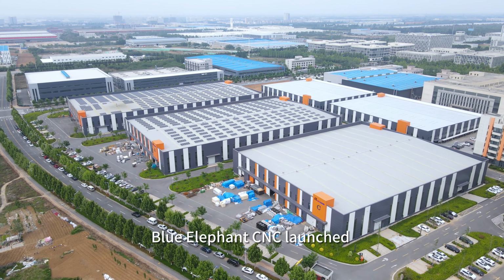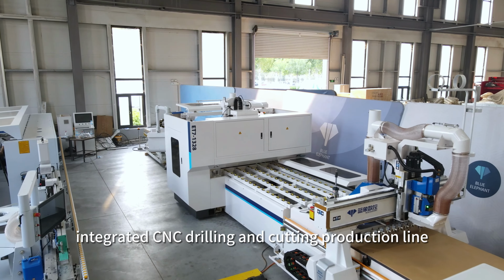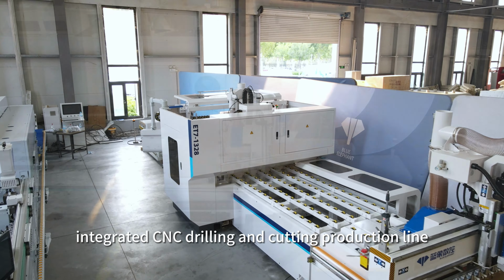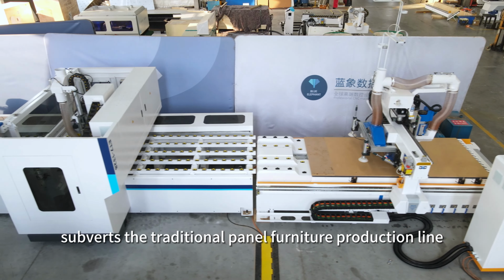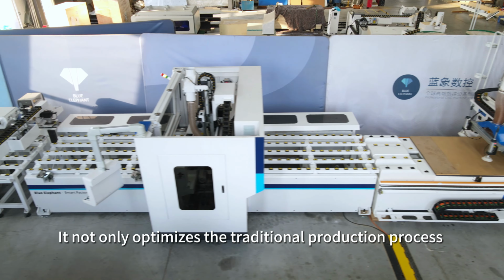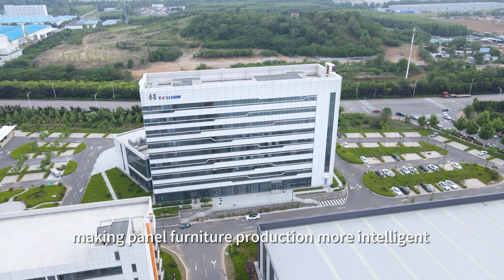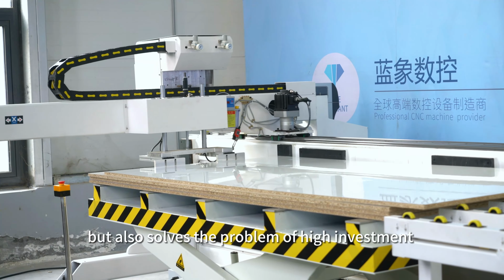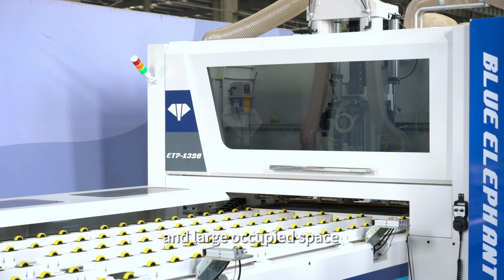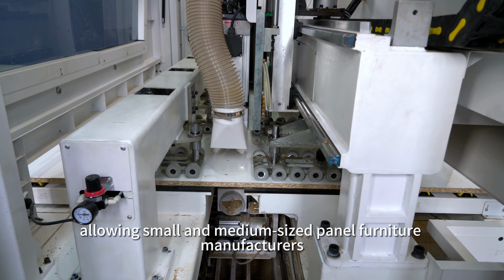This year, Blue Elephant CNC launched a new furniture-making machine, the Integrated CNC Drilling and Cutting Production Line. This is an integrated production line that subverts the traditional panel furniture production line. It not only optimizes the traditional production process, making panel furniture production more intelligent, more efficient, and more labor-saving, but also solves the problem of high investment and large occupied space, allowing small and medium-sized panel furniture manufacturers to have